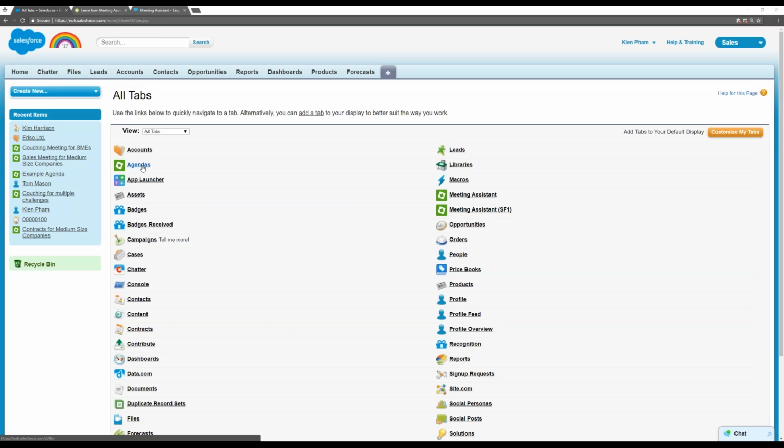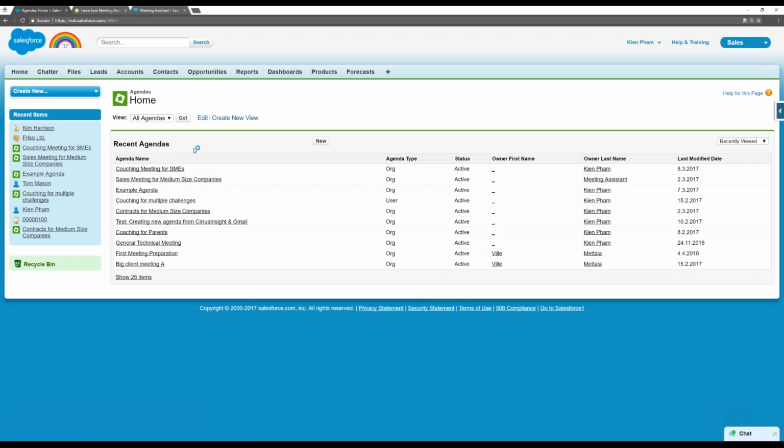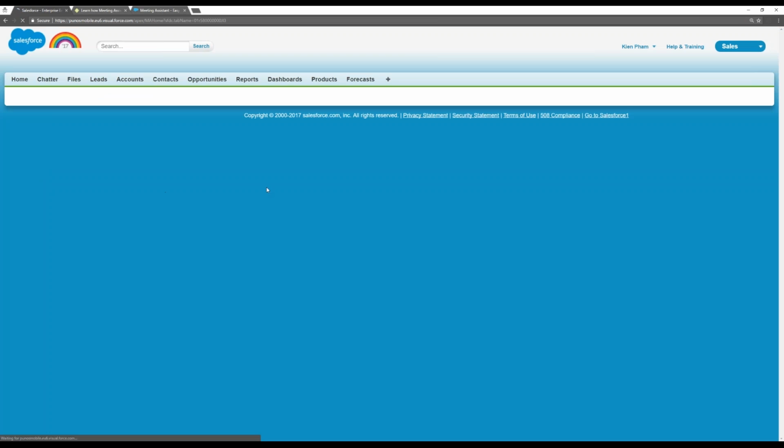So let me show you how the Agenda tab looks. It basically works as a template library where you can create new, adjust, copy, or store as many agendas as you like. And now returning back to Meeting Assistant,